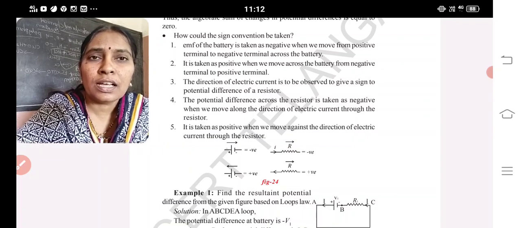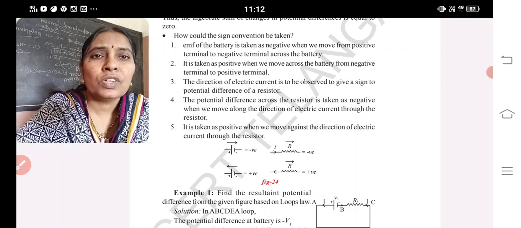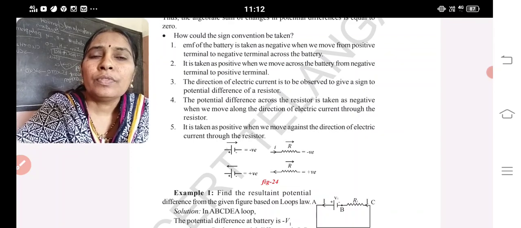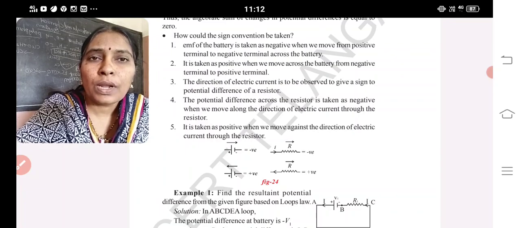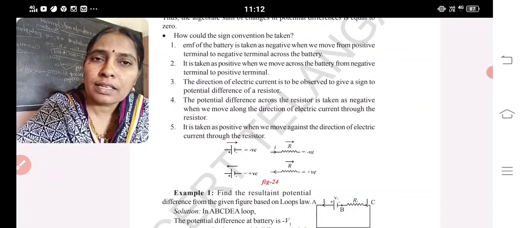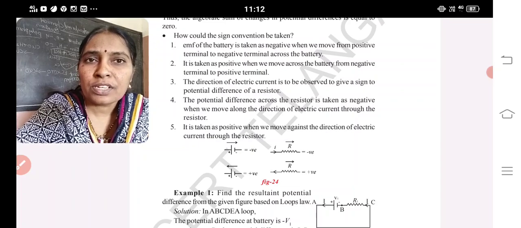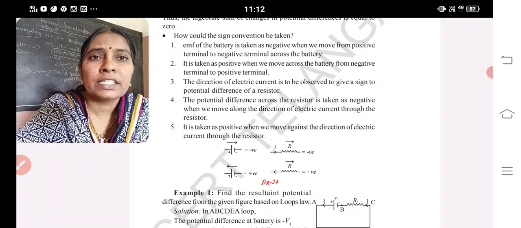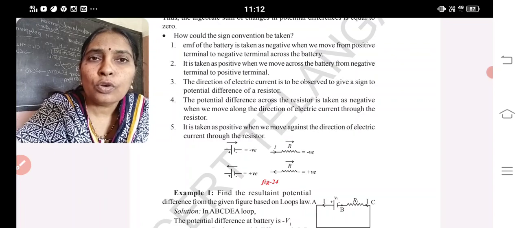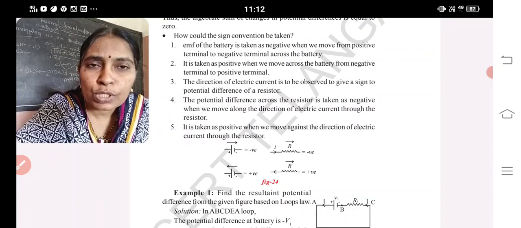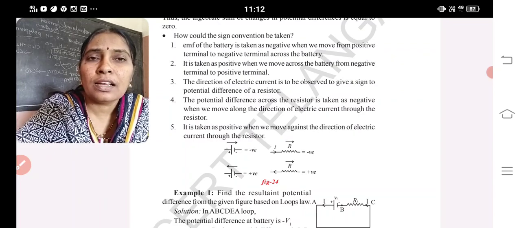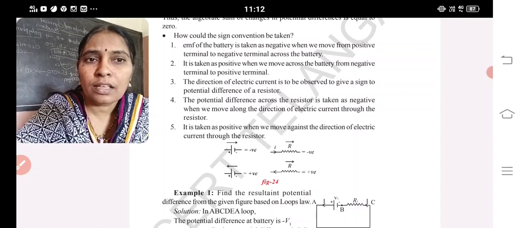What is the junction law? The sum of the current into the junction is equal to the sum of the current leaving the junction. And what is the loop law? The algebraic sum of increase and decrease in the potential difference across a conductor in a circuit in a closed loop is equal to 0. And it is based on which law? Law of conservation of mass. Mass is neither increased nor decreased, but changes from one form to another.